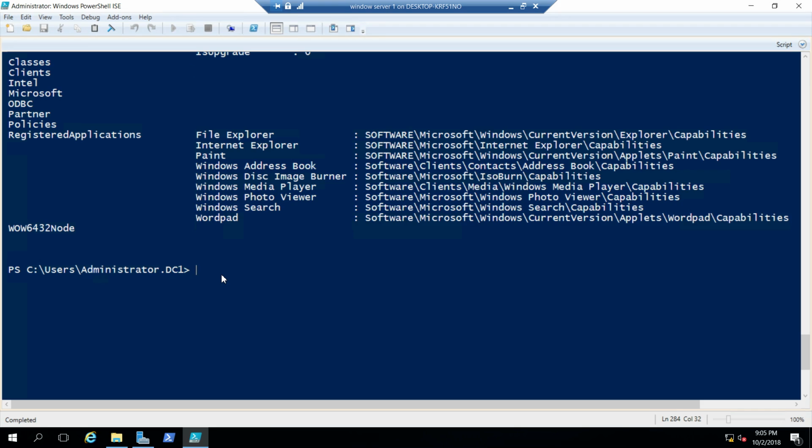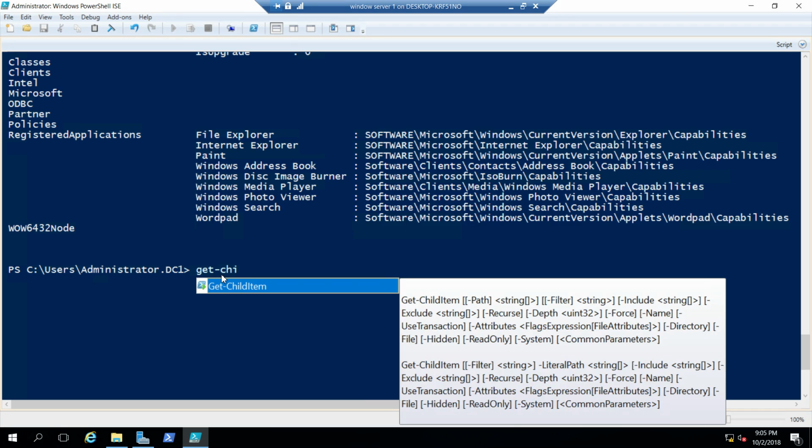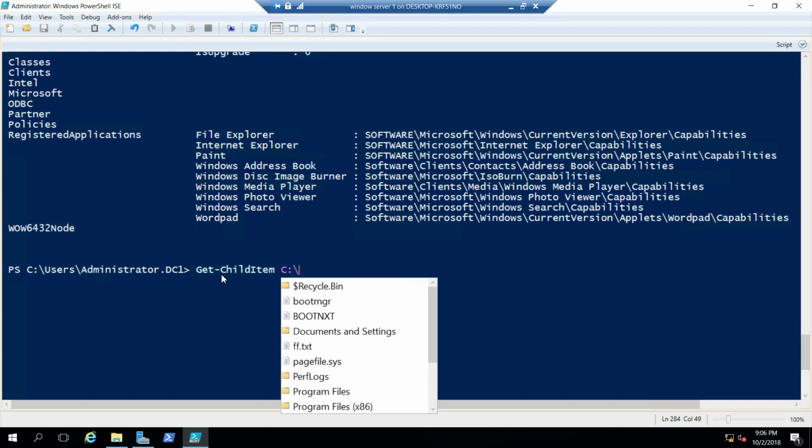Here you can type Get-ChildItem, and then what I wanted to know here, I wanted to look for a certain extension. So let's say that I want in the C